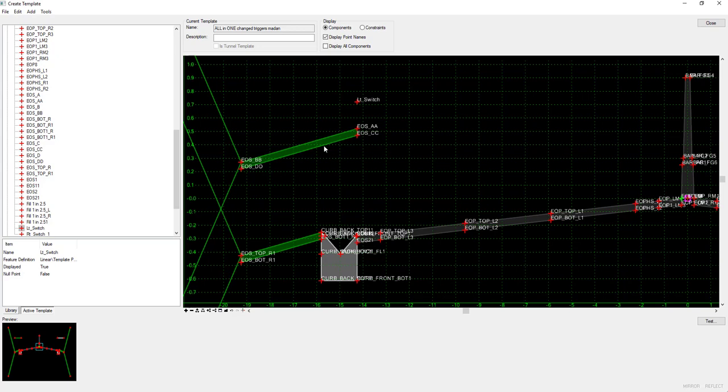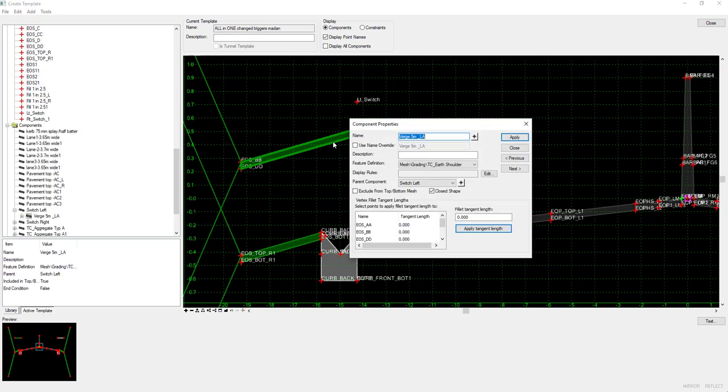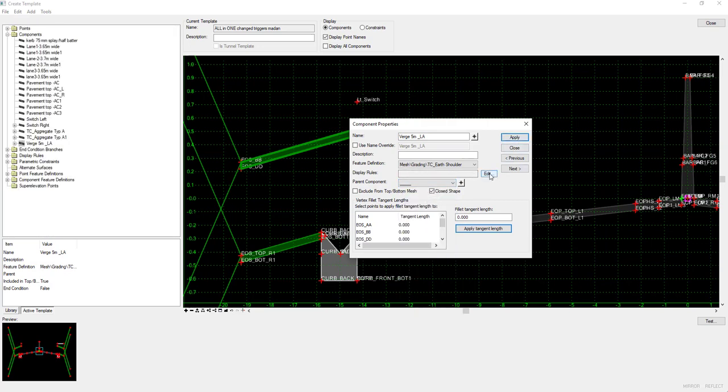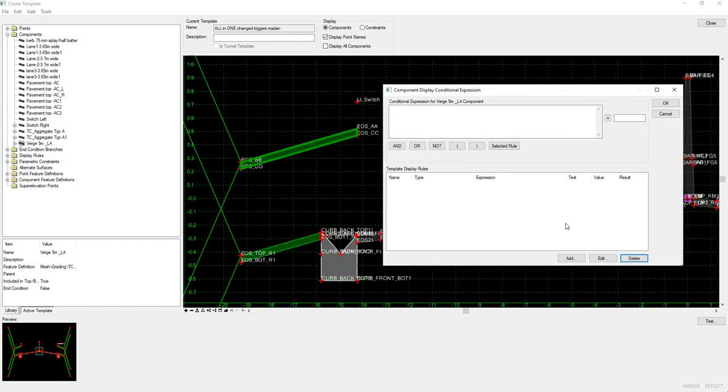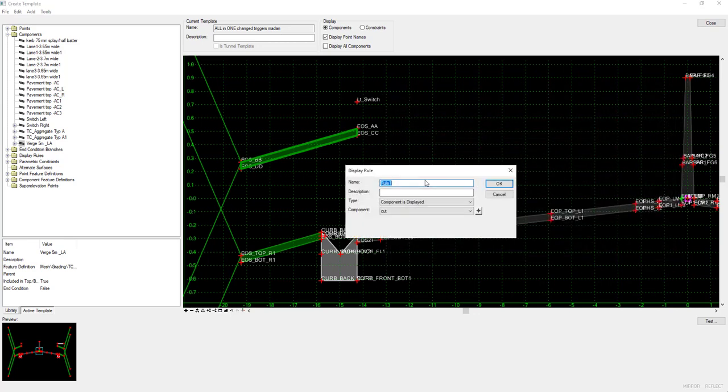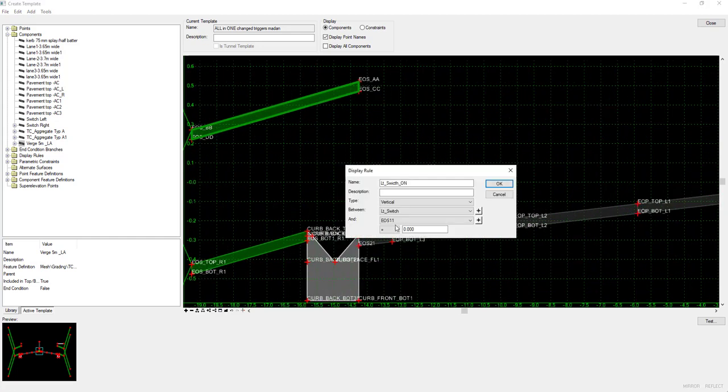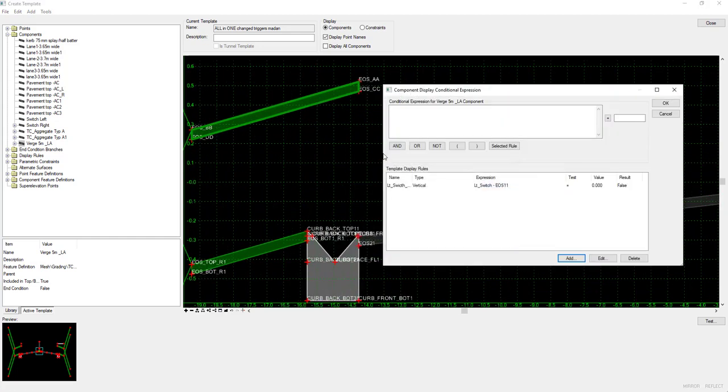So the next one here, I want to set up this here. If you want this one on, I may first just go back to parent component. I just click apply, and then I will go to the display rule. So display rule here, I may just delete. I will add a new rule set that if the LT switch is on, it means that when the vertical of the LT switch and this point here is equal to 0. Okay, so I will select this as a rule and click